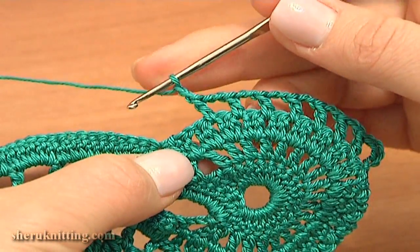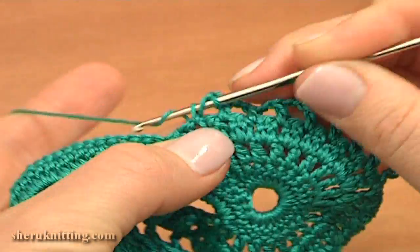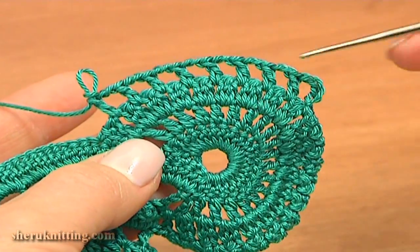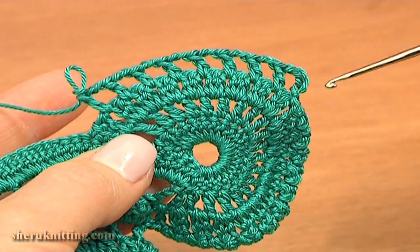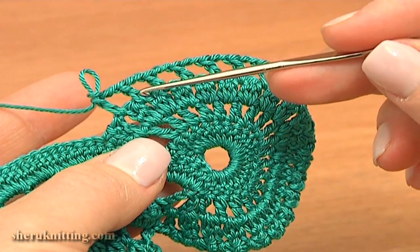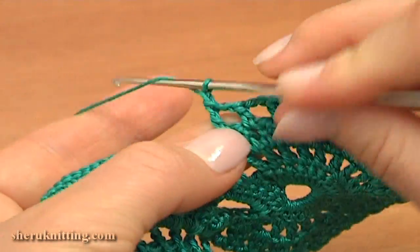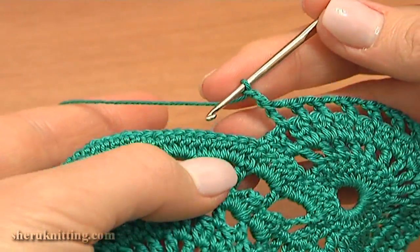Let's complete this 5th row together. I chained 1, now double crochet into the last chain space. And let's count our double crochet stitches here. 1, 2, 3, 4, 5, 6, 7, 8. There should be 8 of them. It is correct. Then continue chain 2, and to connect the second motif and the first one,